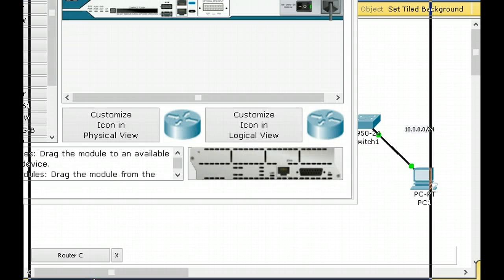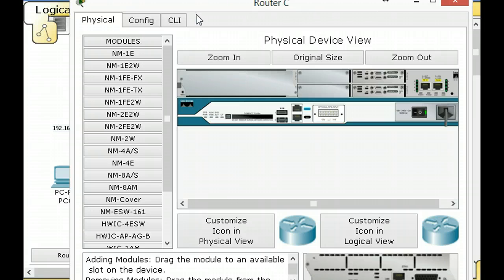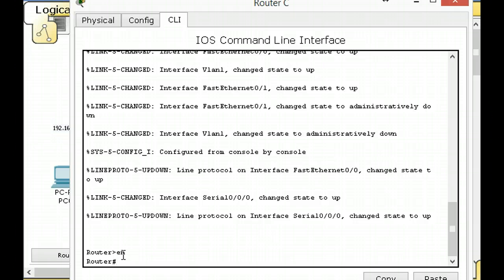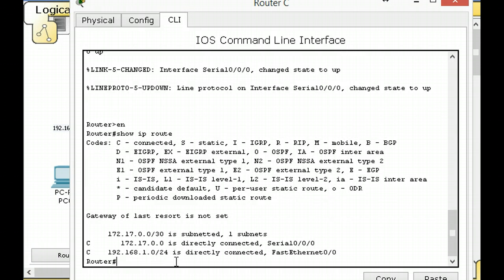Let's go to our first router here. We'll go to the command line interface. Everything looks like it's up. Enable. The first thing that I like to do when I do these things is show an IP route, because that tells me what I need to advertise. EIGRP by default does an auto summary. Since the 172.17.0.0 network is subnetted, in this case with a 30-bit subnet mask, then I'm going to have to give the no auto summary on this network. So I can go into